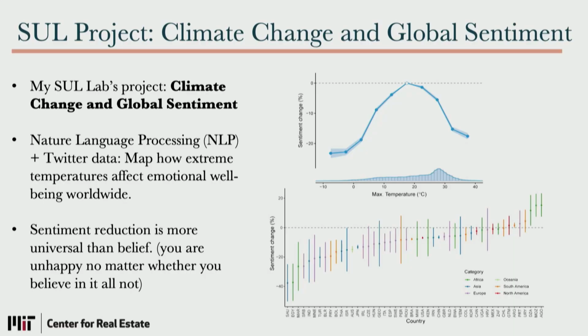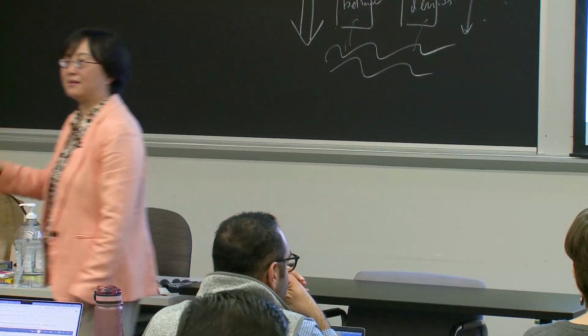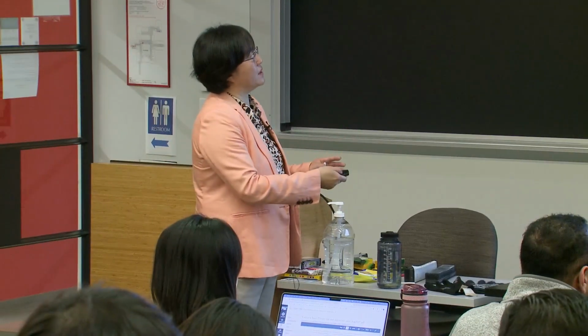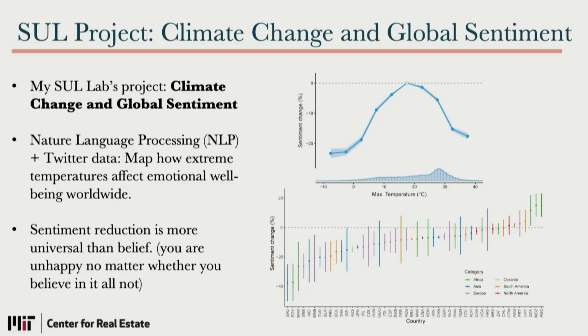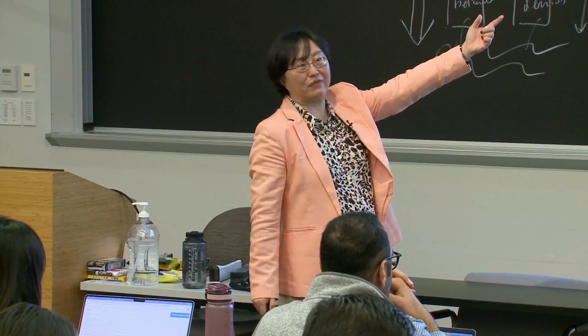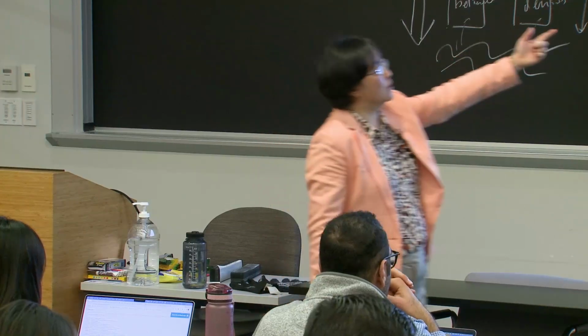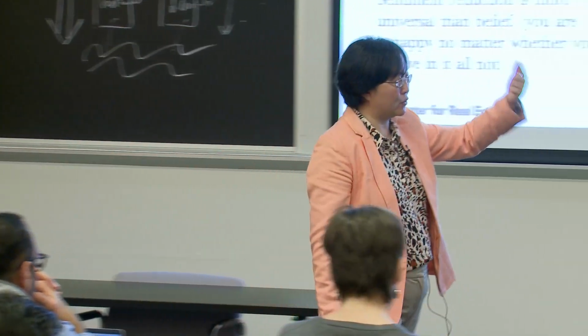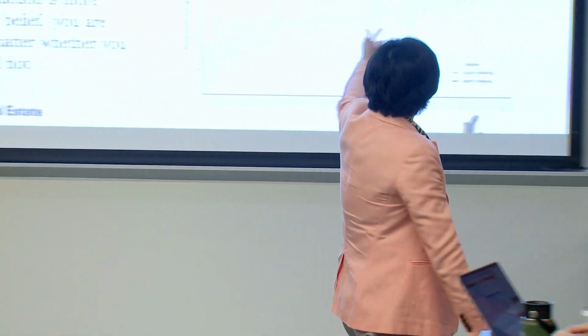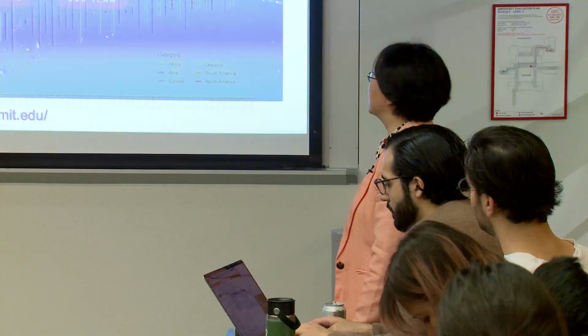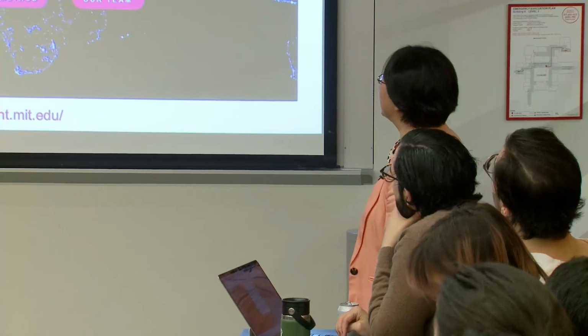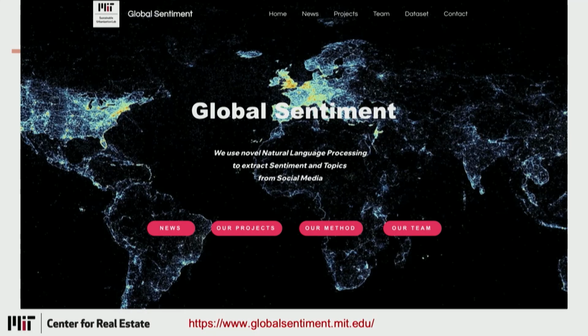Then for different countries we quantify what we call emotional toll. Climate change is an emotional toll on people. And basically you see the inverse U. So this is our paper, we will soon publish it. Of course you can link that to all kinds of other outcomes. Actually, we already linked to Juan and me and Yichun's paper. We linked to COVID, the same sentiment, and also air pollution and other negative shocks. So this is our website. Go there and take a look at our projects and the team if you want to use this index.